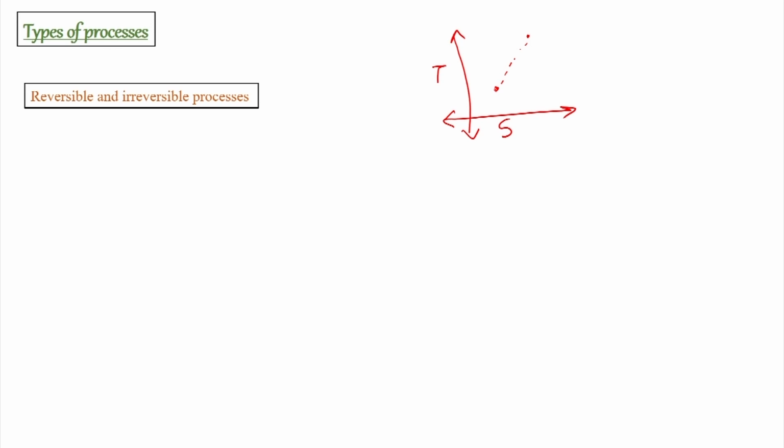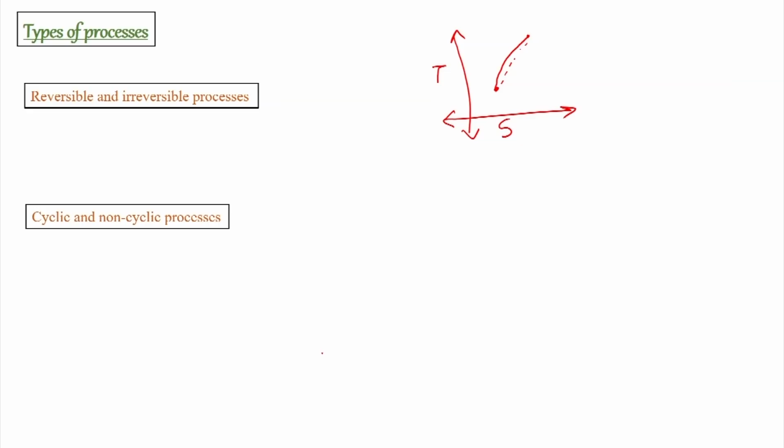But if we know that the system has undergone a certain process and it can come back to the same state, then we can draw a firm line between the two states where the system is in equilibrium at all points. Such a process, where the system is guaranteed to come back to the original state by the same path, is called a reversible process.